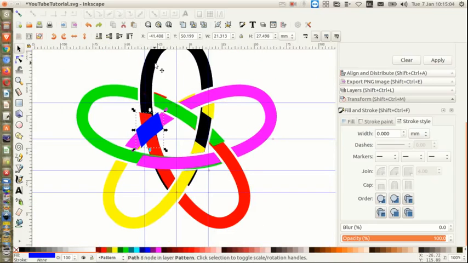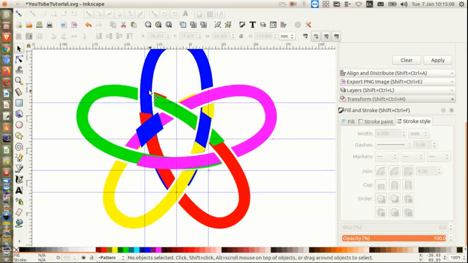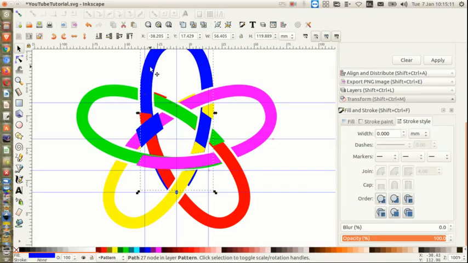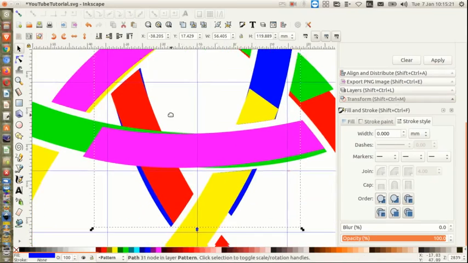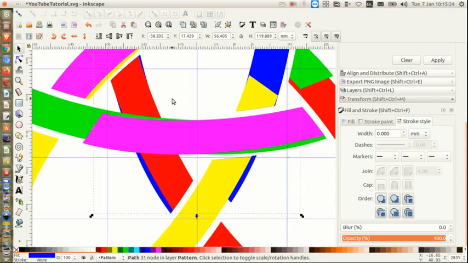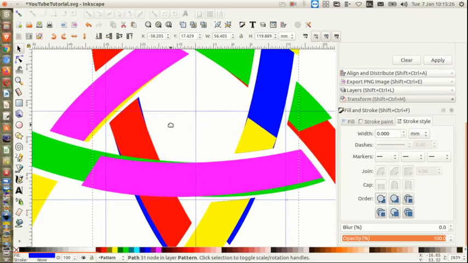I'm going to send this black back down to the bottom. Reselect the blue, click on that, hold the shift key, select the patch, Control minus, and we have that dealt with now. One more. So the red has gone underneath the others, so the red needs to be on top, so we'll click on the red, Control D to duplicate it,